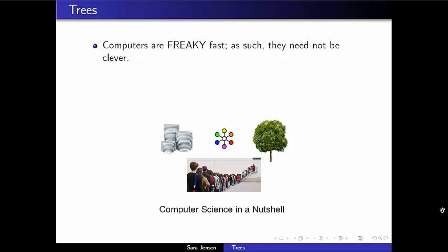The gist of it is, as I'm sure you are unaware, computers are really fast. And for a long time, the process of programming was that computers don't need to be smart because they are just so fast. And so many algorithms begin by just listing all possible cases, which would be a ridiculous workload for a person to do by hand, but is nothing for the computer since it's so fast. And so we just have all possible cases organized in some manner, and we have the computer walk through them